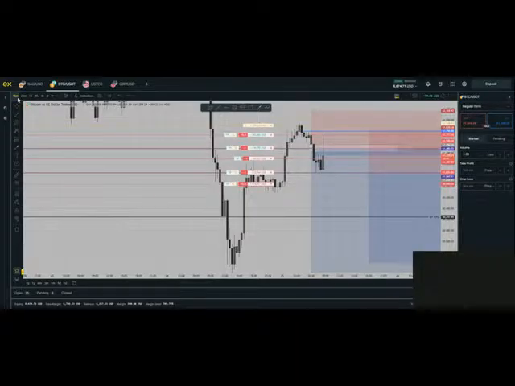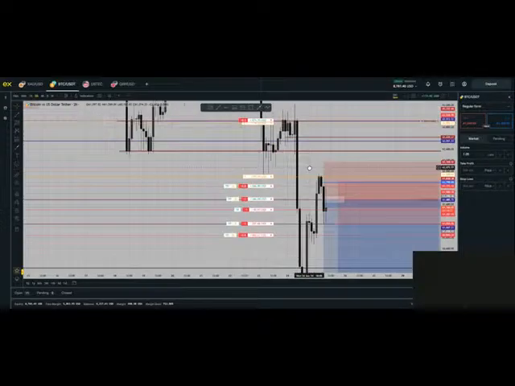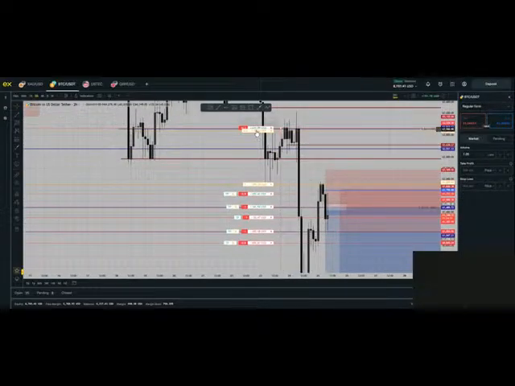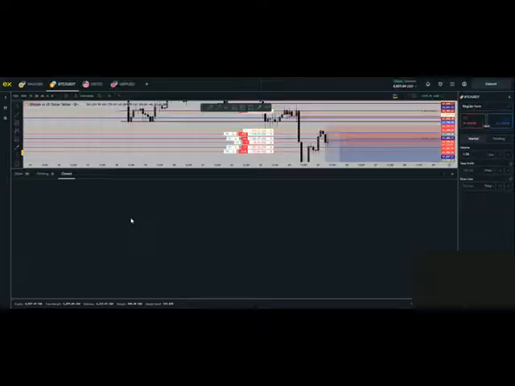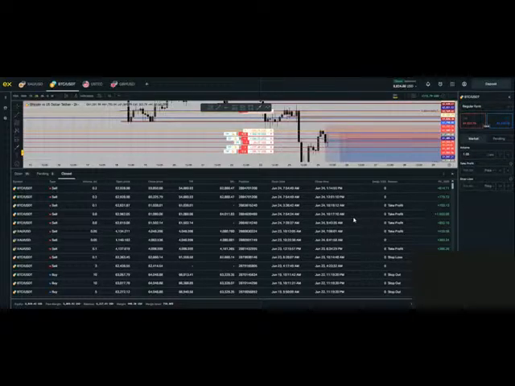But let me try to break down yesterday's trade. As you can see, we are still in this position. The entry was right around here. I took multiple positions and closed most of them in profits, as we can all see right here. There are the BTC sells, as you see.